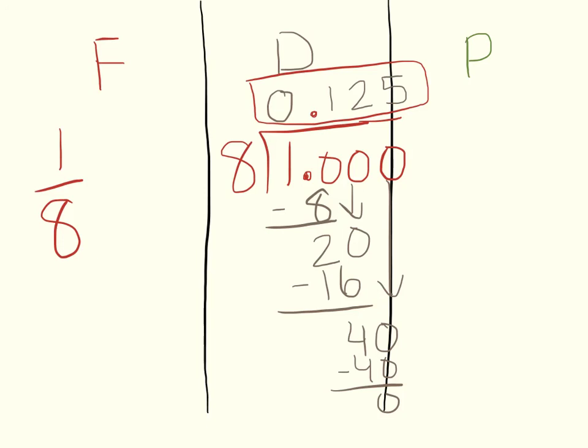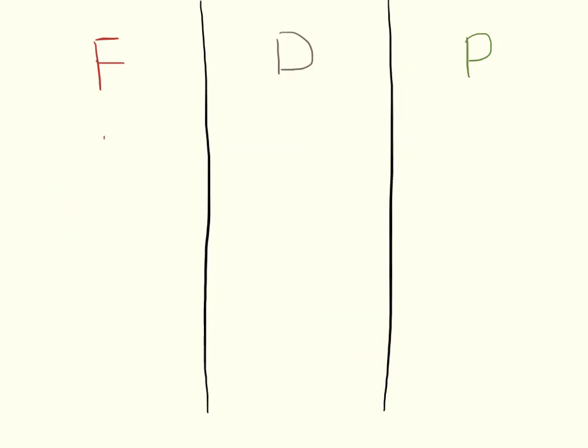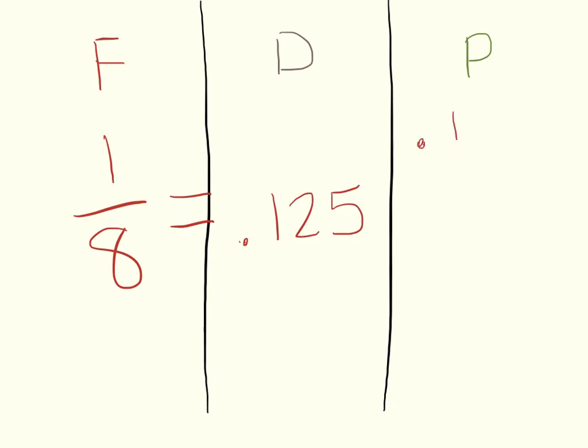And I'll try to see if I can write that. So 1/8 is equivalent to 125 thousandths. Now when I have this in decimal form, if I want to turn it into a percent, remember all I have to do is to move my decimal over 2 places to the right,